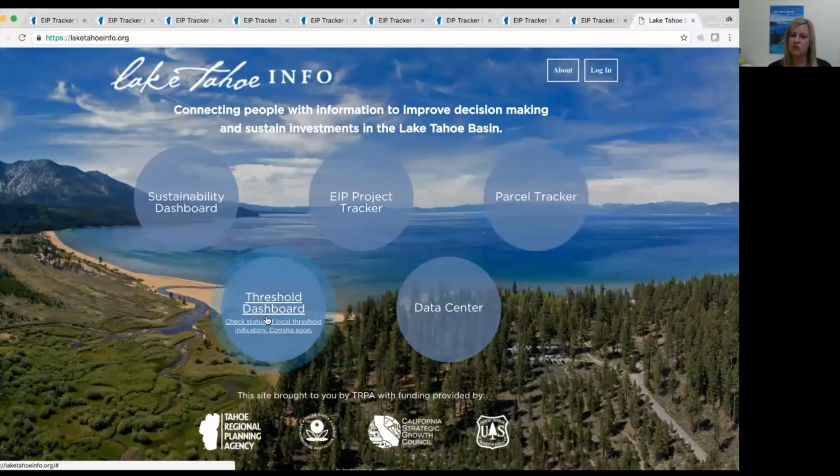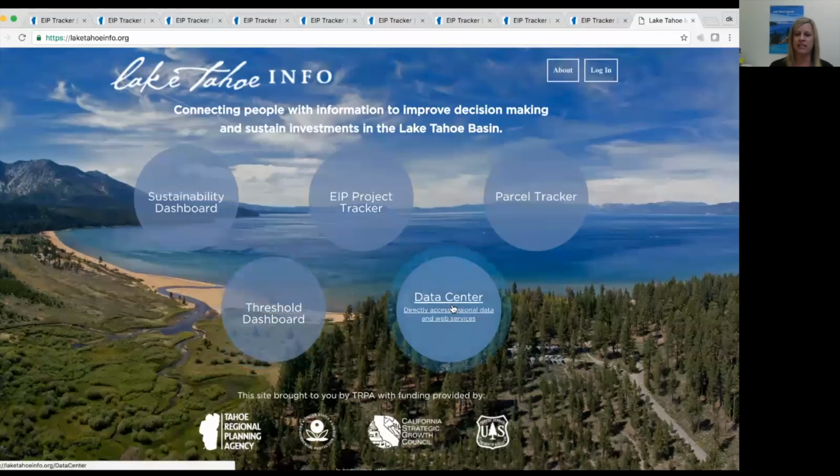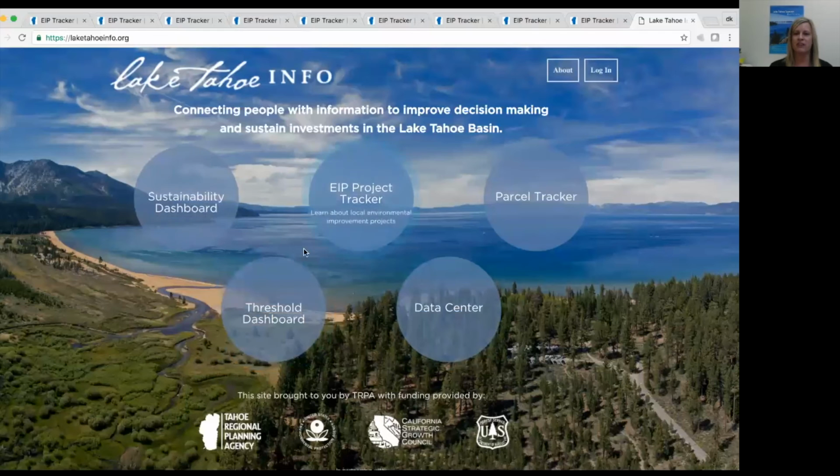Our threshold dashboard, which is where all the projects that are being implemented through the Environmental Improvement Program are rolling up into what's the status and trend of our environmental thresholds in the basin. And then we have a data center where all this information gets coalesced and used, and we can see it across all the different platforms. So that's a quick